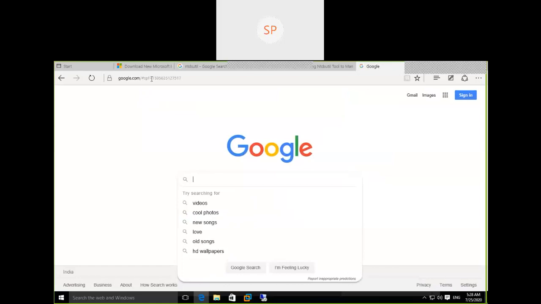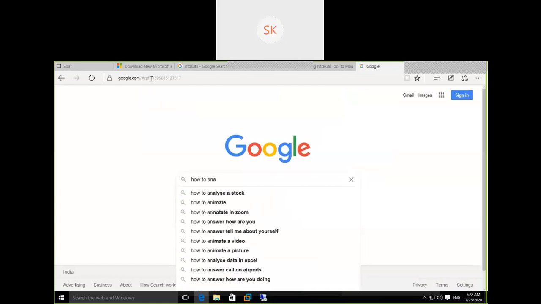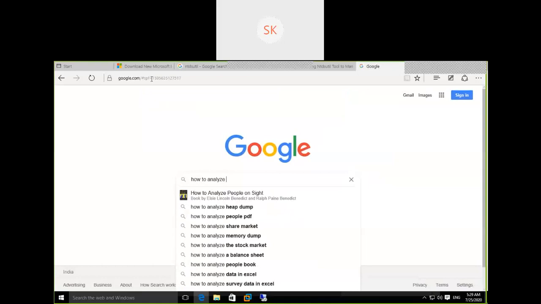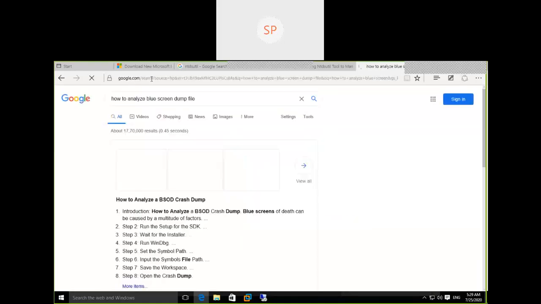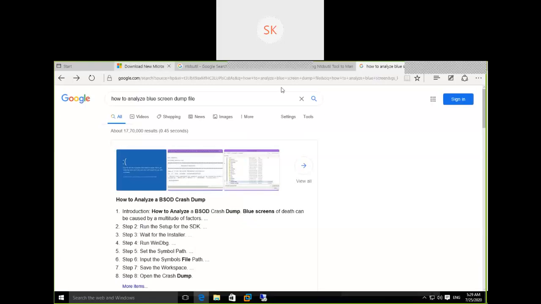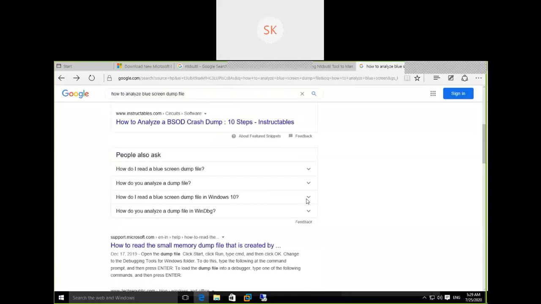How to analyze a blue screen dump file? There is a tool called WinDbg from Microsoft.